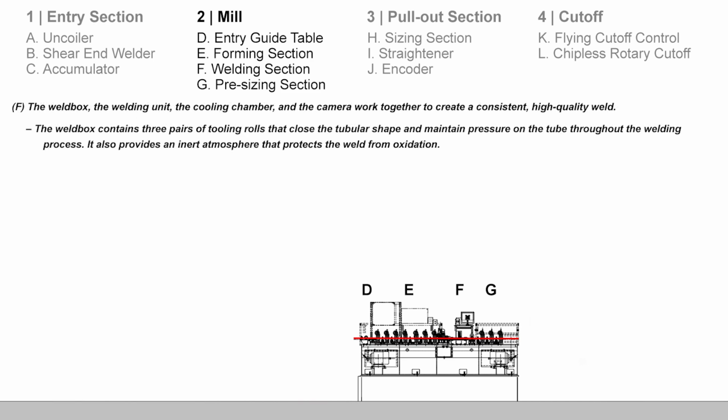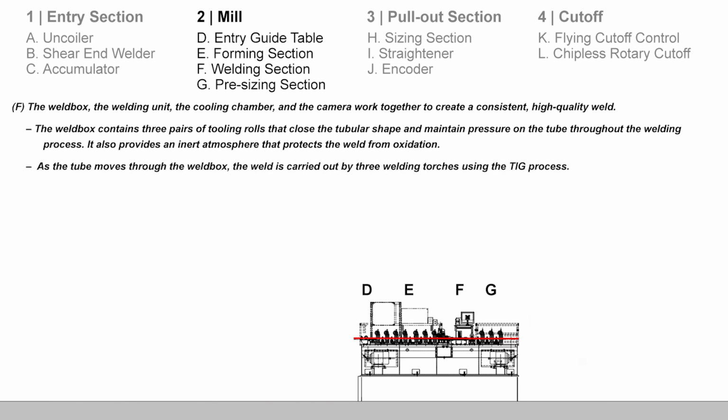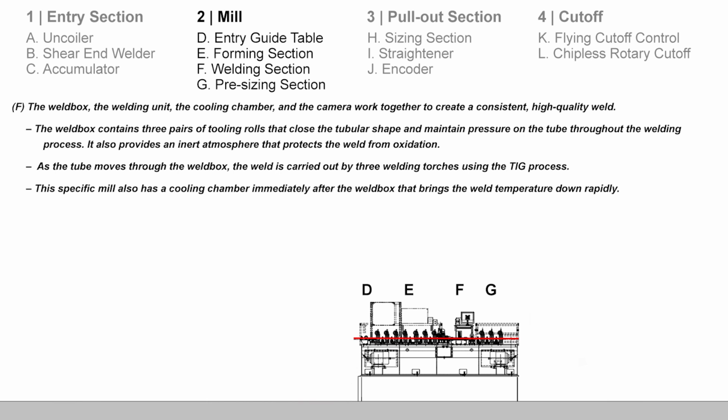The weld box contains 3 pairs of tooling rolls that close the tubular shape and maintain pressure on the tube throughout the welding process. It also provides an inert atmosphere that protects the weld from oxidation. As the tube moves through the weld box, the weld is carried out by 3 welding torches using the TIG process. This specific mill also has a cooling chamber immediately after the weld box that brings the weld temperature down